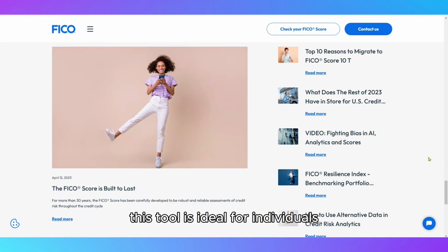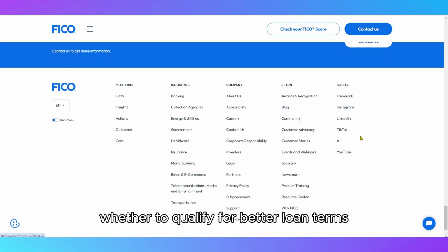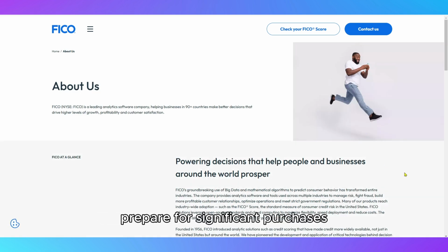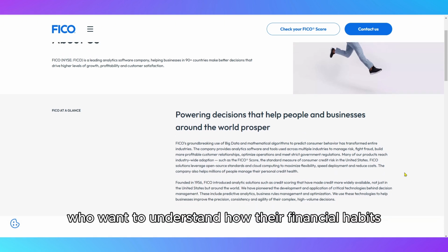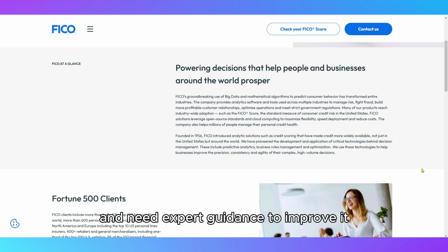This tool is ideal for individuals aiming to monitor their credit closely, whether to qualify for better loan terms, prepare for significant purchases, or simply maintain a strong financial profile. It's especially beneficial for those who want to understand how their financial habits impact their credit and need expert guidance